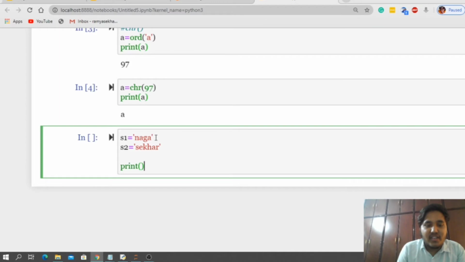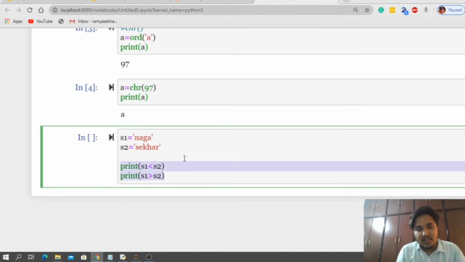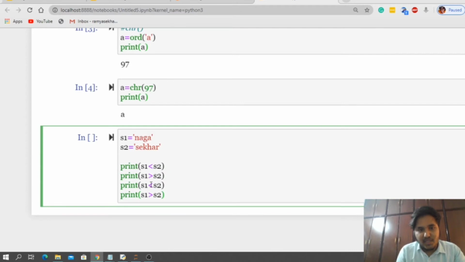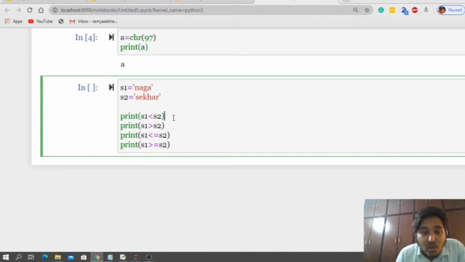Print s1 less than s2, print s1 greater than s2, and then less than or equal to and greater than or equal to. Is this clear guys? So let us find what exactly is happening here.